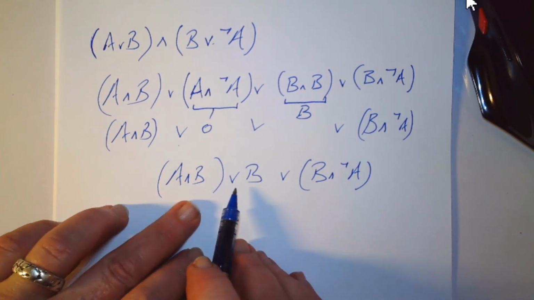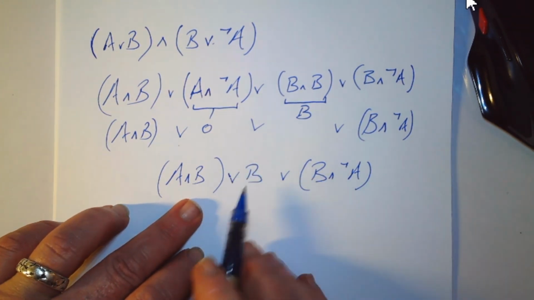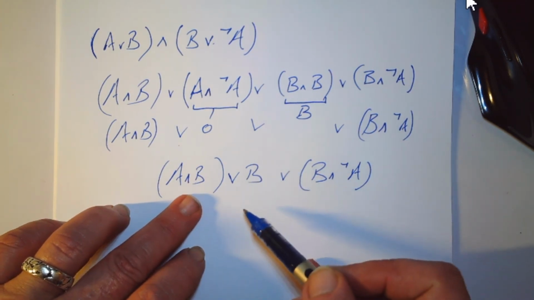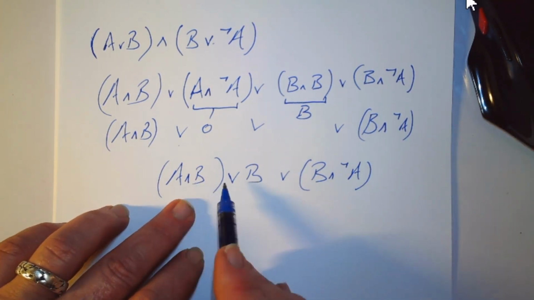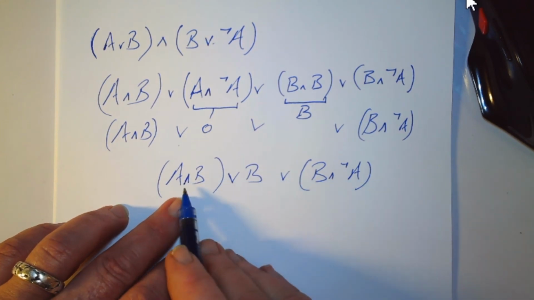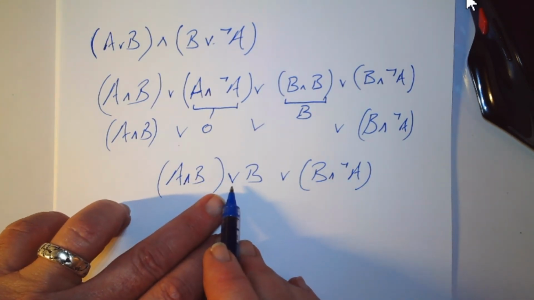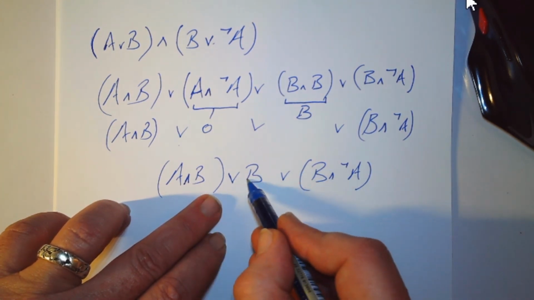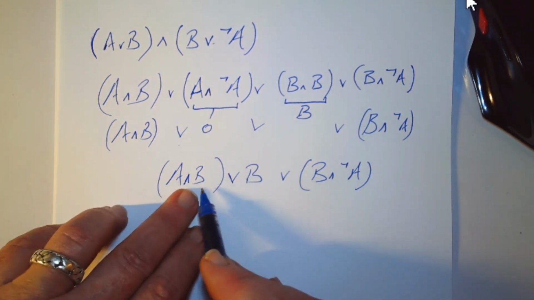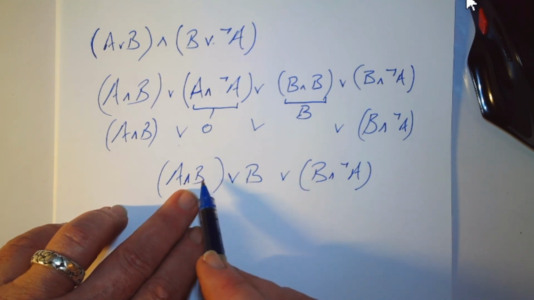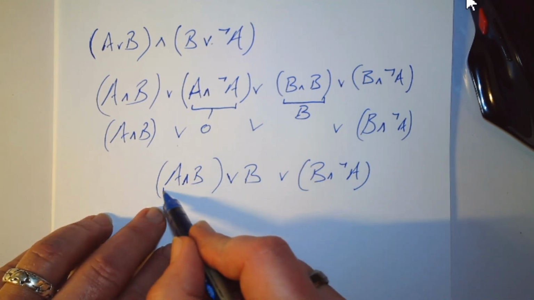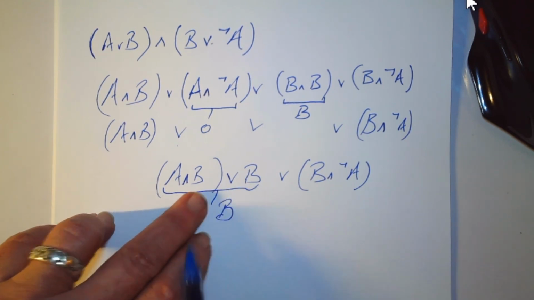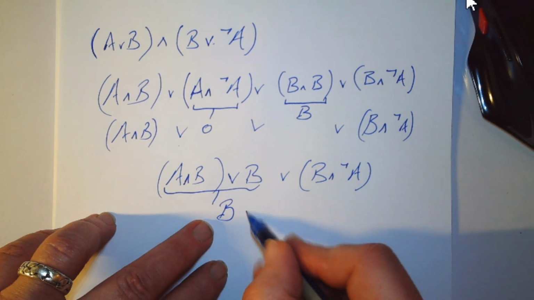Here we have an example of one of the rules which we could apply, which is the absorption rule, because we have 2 signs which are the opposite. We've got an AND inside the brackets and an OR outside the brackets. That's a tick in the box for applying our absorption rule. And then we have a variable which is common to the outside and inside. The b is outside the bracket and it appears inside the bracket as well. So this is simply going to evaluate to the common variable, which is b,